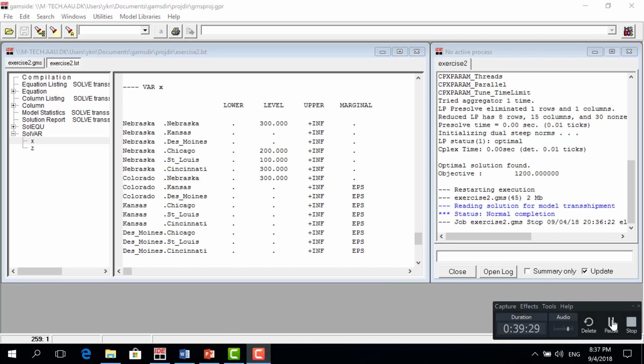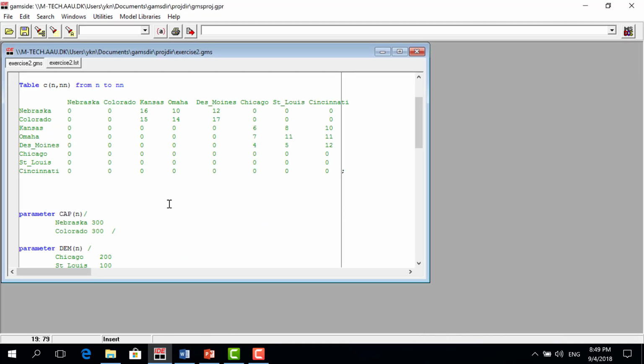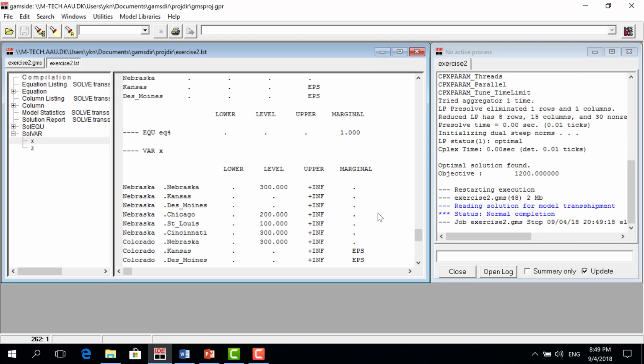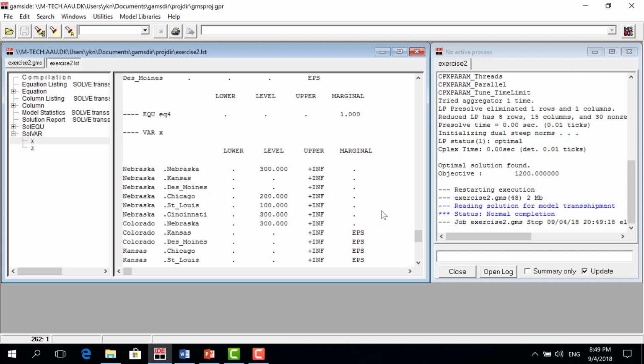Okay, now we can start this model, and let's see whether we have composed the right modeling, and just press this one. Yeah, we have 1200, and here we have Nebraska 300 and Chicago. I think this is not the right solution at this time,